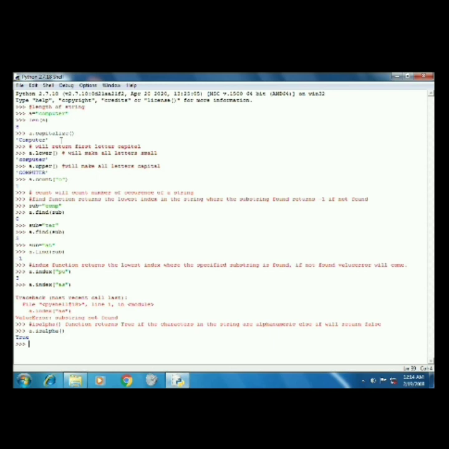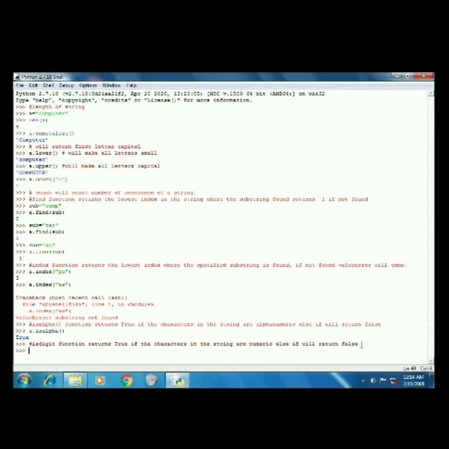The isdigit method will return true if all the characters in the string are digits. If there is one character which is an alphabet, then it will give a false value. Syntax is string.isdigit().